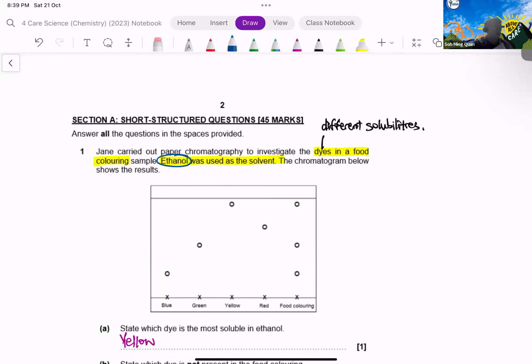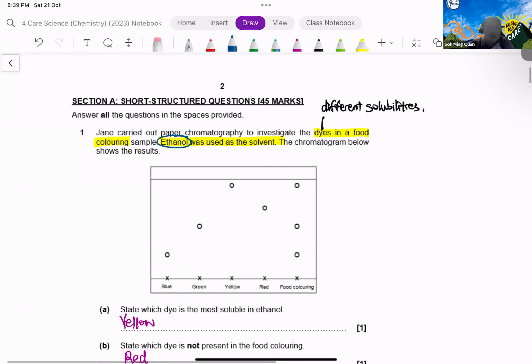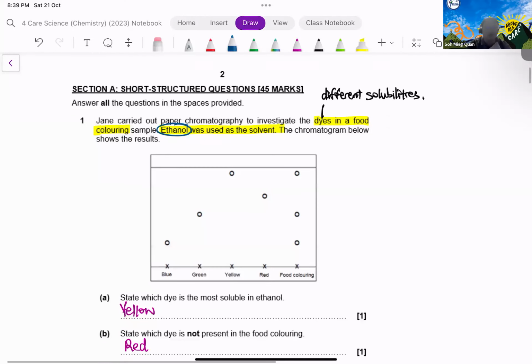Now, once you have established this, and if you understand chromatography, you will know how to do A and B. Because A, which dye is the most soluble in ethanol? The one that is most soluble will be the one that travels the furthest. Furthest from where? Furthest from the start line. Okay? So the one that's most soluble in this case is the yellow dye because it travels the furthest from the